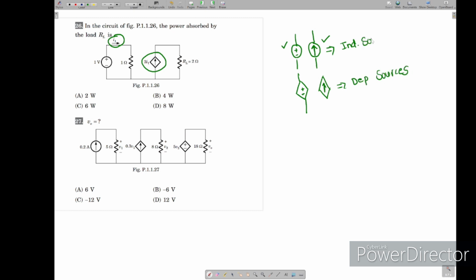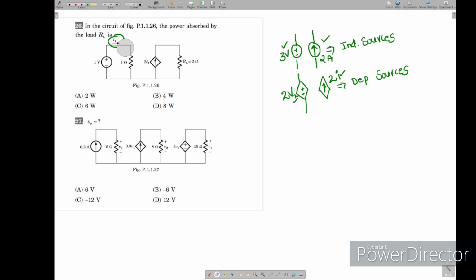Here directly we can see some voltage, some 3 volts, some 2 amps of current. But if you see here, they will give some 2V and there some 2I. So some controlling parameter will be there for this question. For dependent sources problems, you should first find where that control variable is. So if you see this question,